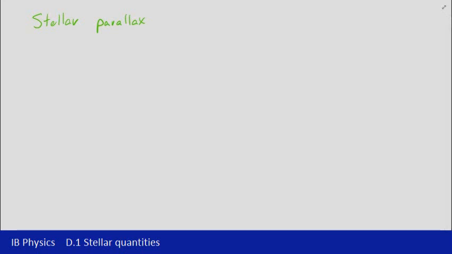Mentioned in the previous video that the distance of 1 parsec is basically defined by stellar parallax. Now, you're probably familiar with the term parallax being an error in measurement if you're not looking at the scale straight on or perpendicular. If you're looking at it sort of to the side, the measurement appears smaller or larger than it should. Stellar parallax is essentially the same sort of idea, and it's basically looking at the fact that the apparent movement